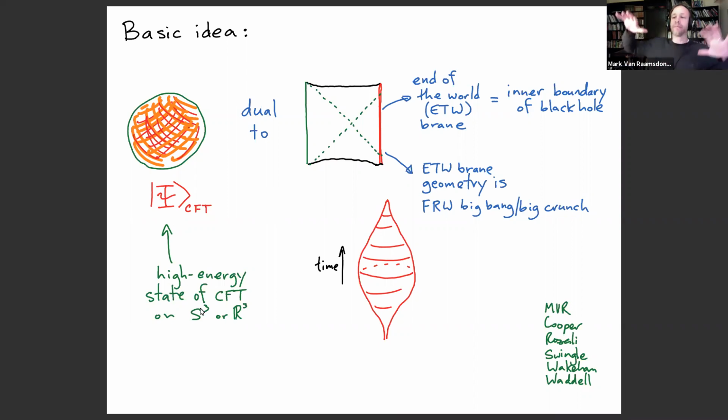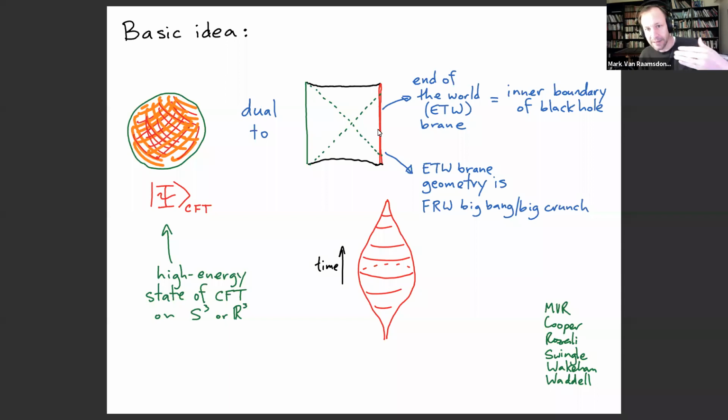From the point of view of the asymptotic region, this state is going to be dual to a geometry that looks like it has a large black hole. But the interesting cosmological physics is actually going to be behind the horizon of the black hole. This is a space-time diagram of this black hole geometry where you see the exterior region, and the green is the asymptotically AdS region. And the idea is that for this very special kind of state that I'm going to describe in the next slide, the black hole geometry actually has something interesting behind the horizon.